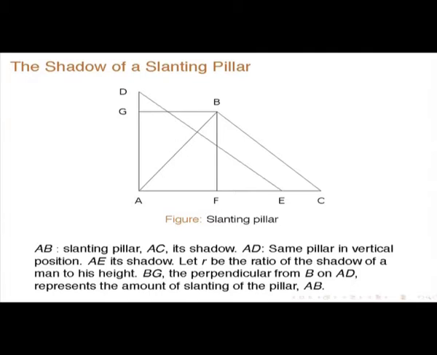So this essentially gives the amount of slant. You can say that this is the pillar and it is slanting like this, so that the perpendicular is BG. So it is a measure of the slant of the pillar AB. So then in that case,